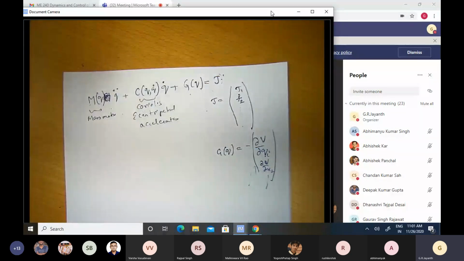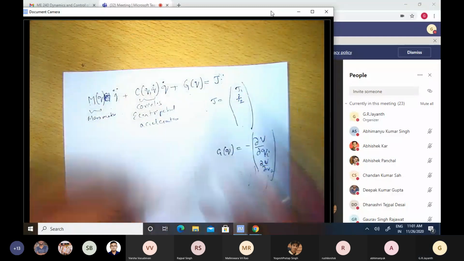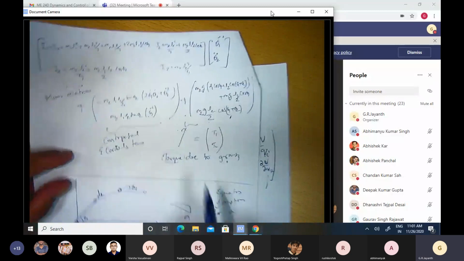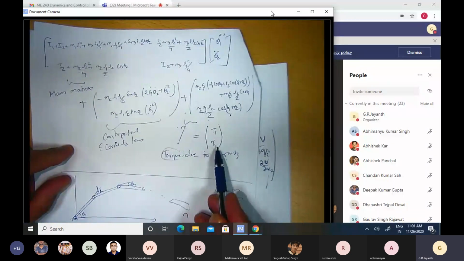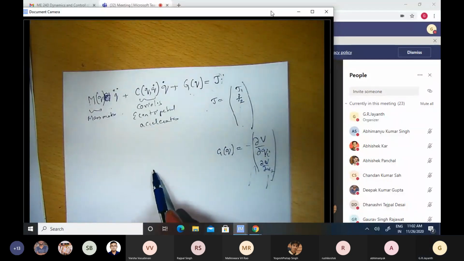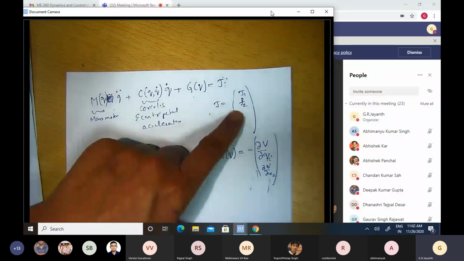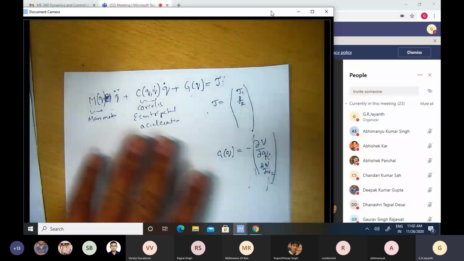Okay, so that is the last term, and then tau is the vector of generalized forces, and here we had two torques, the joint torque at joint 1 and the joint torque at joint 2. That was that vector tau. And if you have a prismatic joint, the second entry will not be a torque, but a force, as it is in this particular case. Okay. So we have therefore breathed some life into this equation.